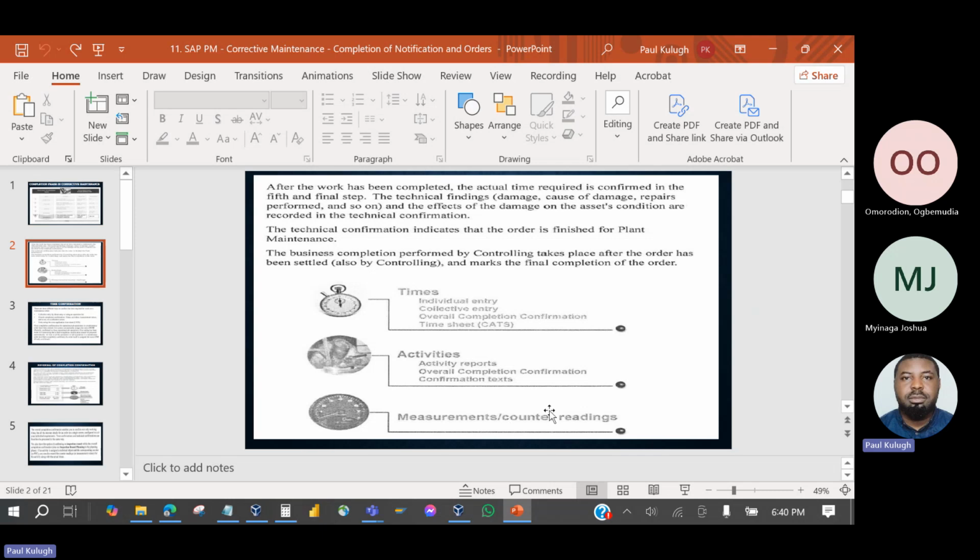So system will now start calculating. For example, if your equipment is maintained every 4,000 hours and the current maintenance is 4,000 hours and you updated your counter 4,000, by the time the equipment runs again for 4,000 hours, it will generate another preventive work order for you. So counter reading can also be updated during completion. So let's